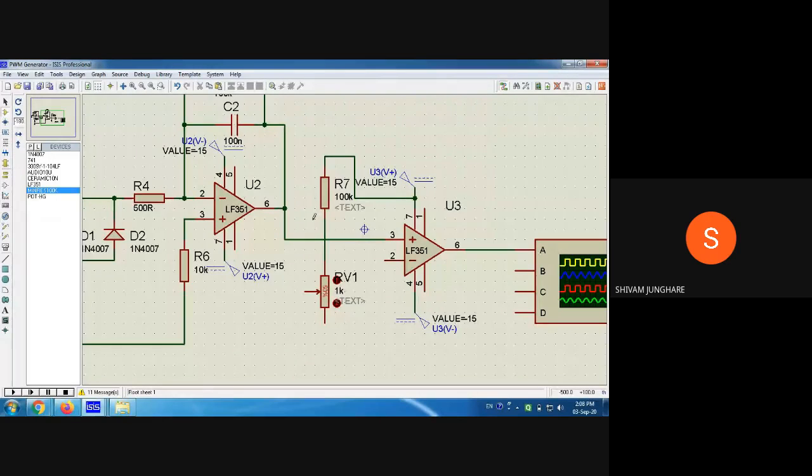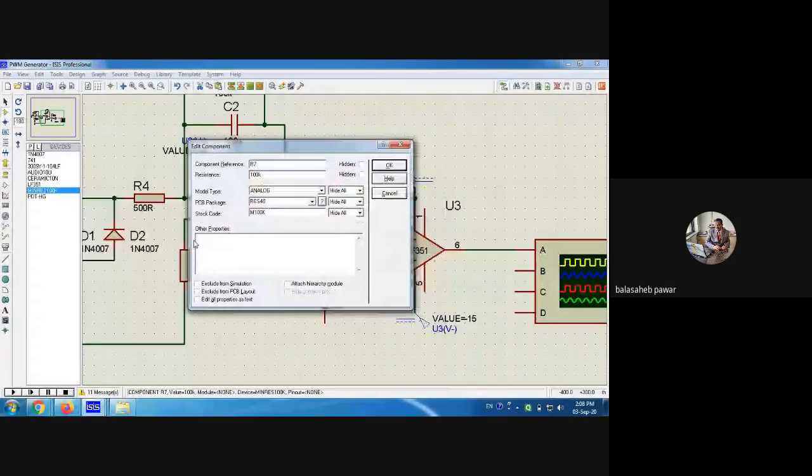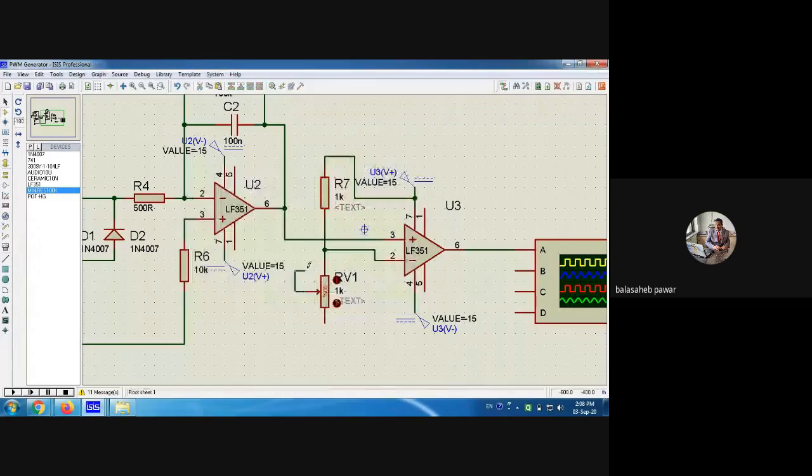Directly, sir. I tried it, but I was not getting that. That's why I'm asking. So this first resistor, I will take it as, suppose, 1K, and this one is my potentiometer. We connect it like this, and it will be grounded. So expected is, if it is at 1K, then it will go up to 7.5.